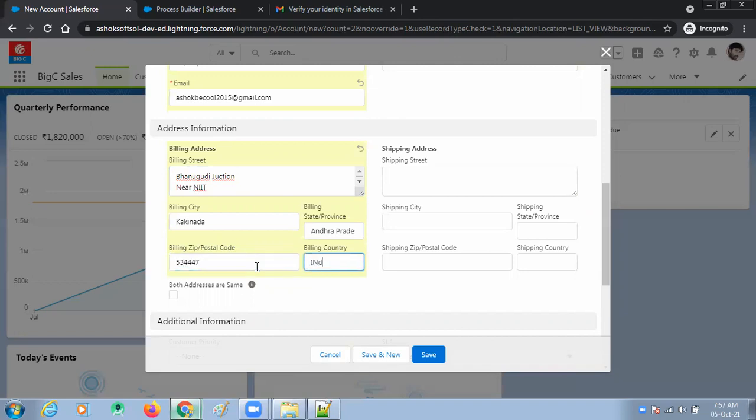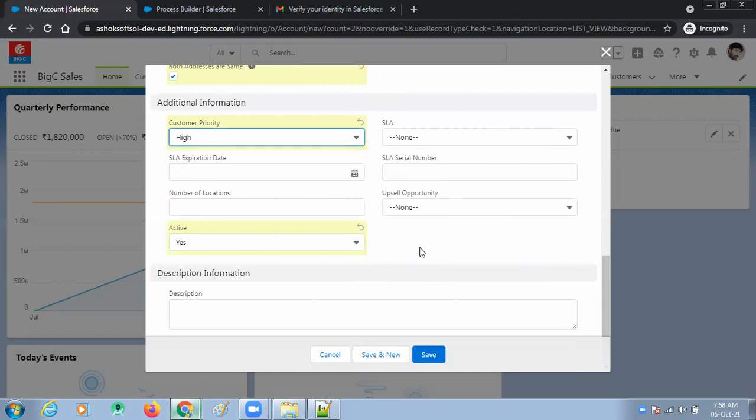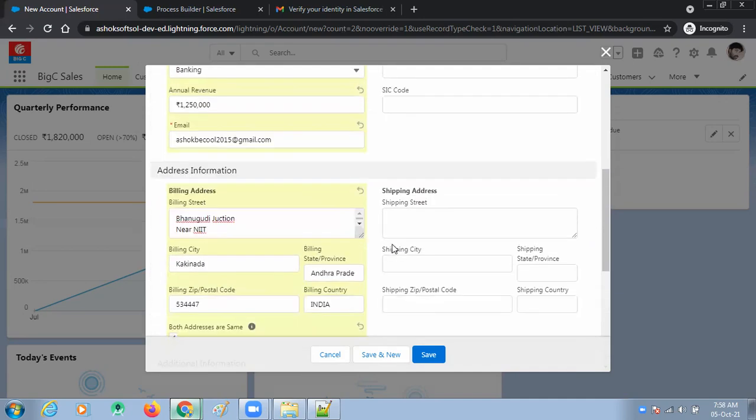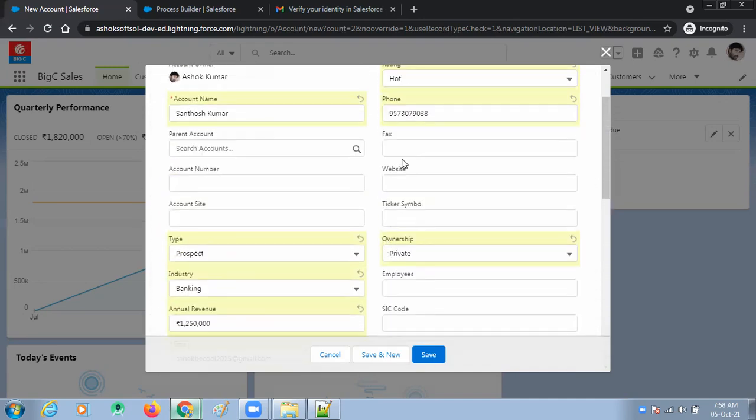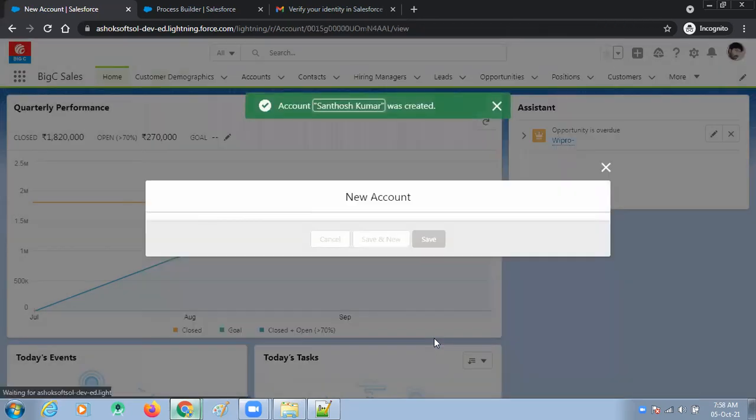Billing country is India. Okay. Priority is high. Remaining fields I'm not entering. Here I think the fax number is 1, 2, 3, 4, 5. Okay, I'm entering these values.